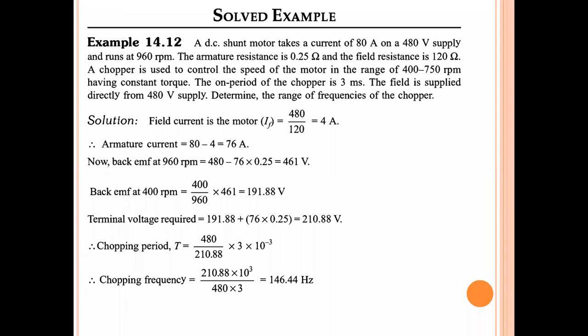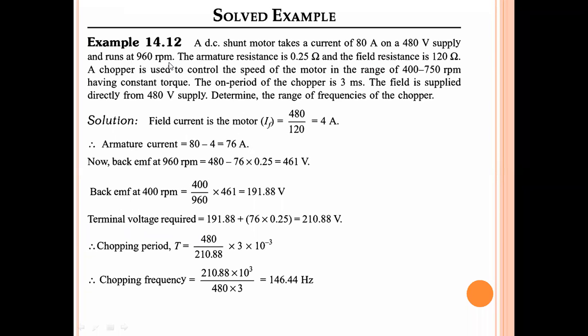Now let's see a few solved examples on DC choppers. Here is an example taken from the Power Electronics by MD Singh textbook. Let's see the problem. A DC shunt motor takes a current of 80 amperes on a 480 volts supply and